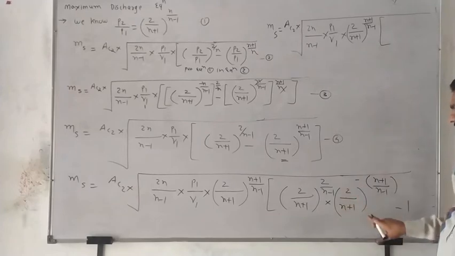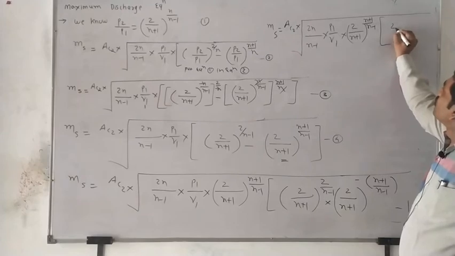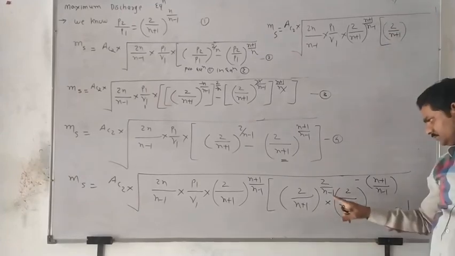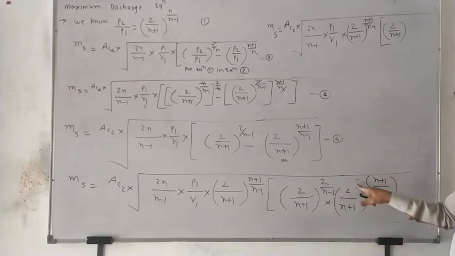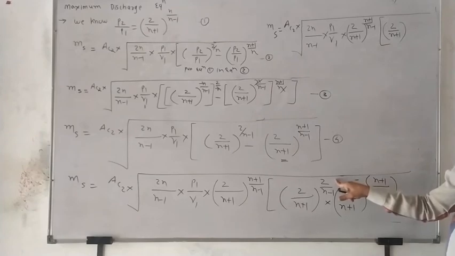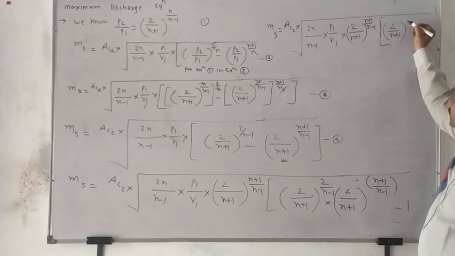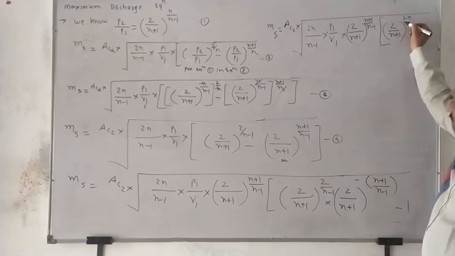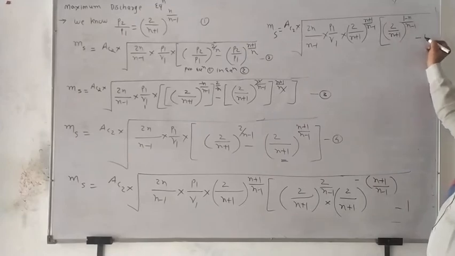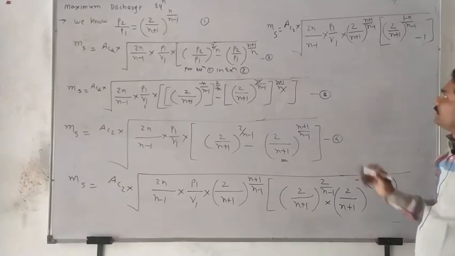Base is the same, power is added. Tell me, finally what is remaining? Finally 2 over n plus 1, n minus 1, this minus 1 plus 2, minus 1 plus 2, what is? Correct, 1. So what is? 1 minus n upon, very good, n minus 1 minus 1. We are getting this step. Okay, then later what is here?